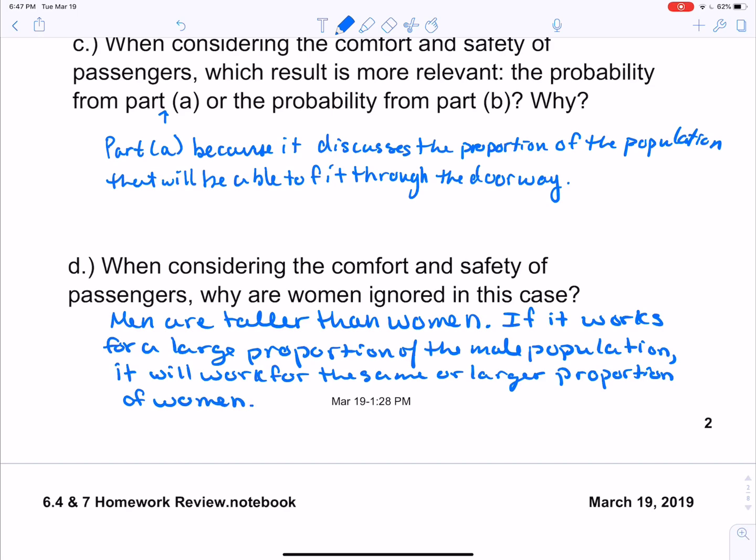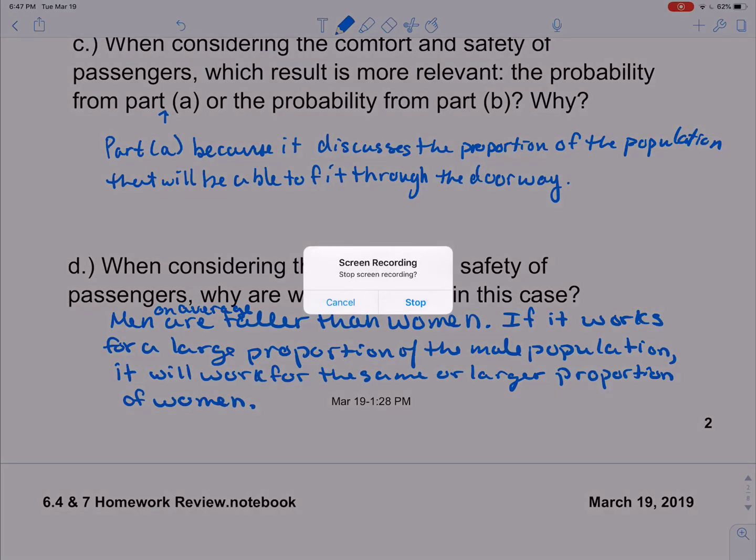And I want to clarify that first sentence. It's men are on average taller than women. We'll definitely know some women that are taller than some men, but on average, men are taller. So we'll stop there for the 6.1